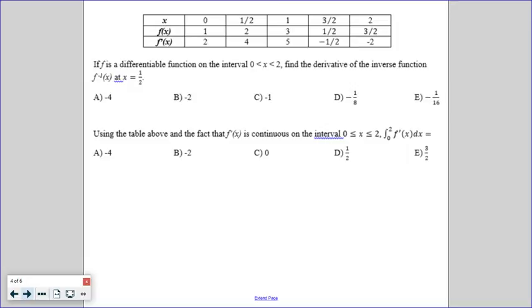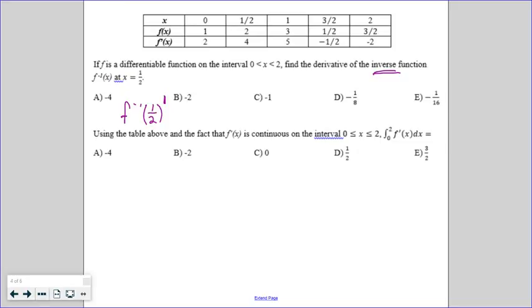All right, on our next one, we are given this function is a differentiable function on the interval from 0 to 2. Find the derivative, and we've got an inverse function. And so our big key on inverses is remember that a function and its inverse, the x and y values flip-flop. And so when they tell us that we're looking at x equals 1/2, they're asking us, what is the derivative of f inverse of 1/2? They're asking us for that derivative. So let's talk about